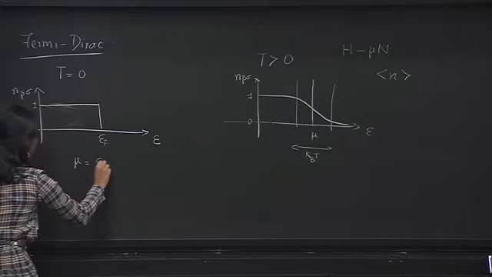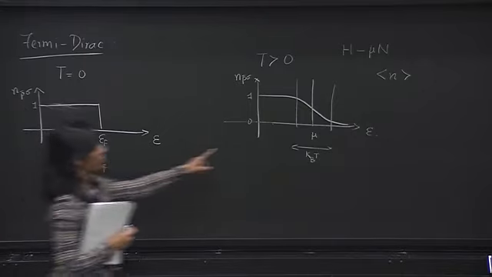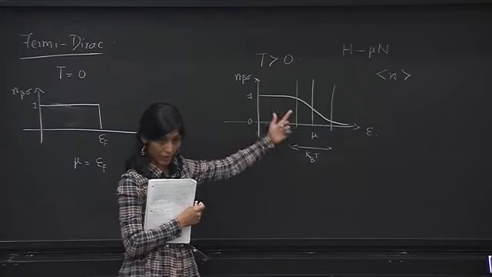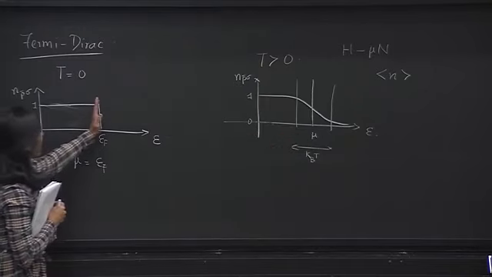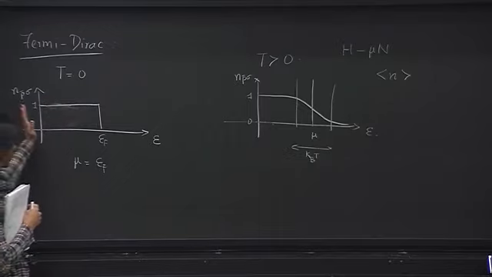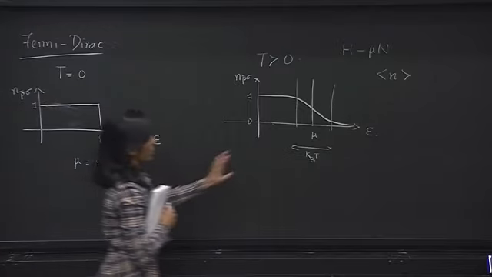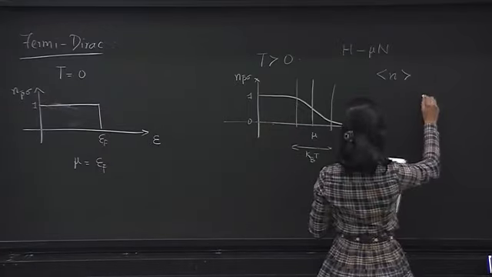At zero temperature, the chemical potential, mu, fixes the average density. Mu is set by the Fermi energy. Everything below the Fermi energy is filled, and everything above it is empty. It's a step function. At finite temperatures,